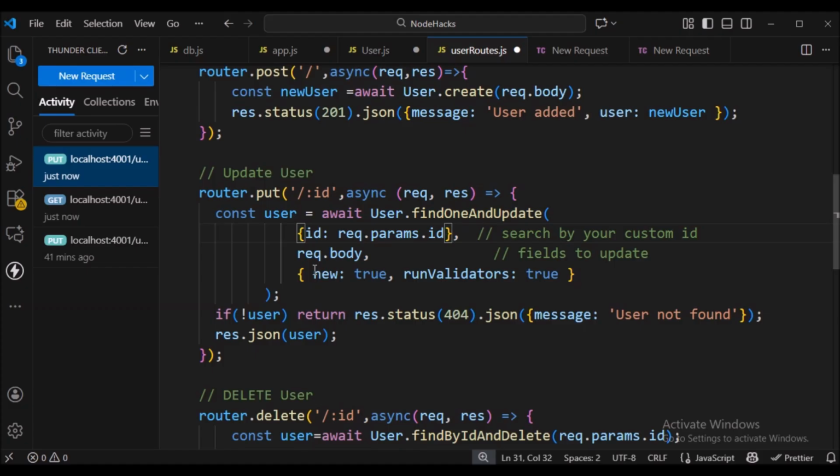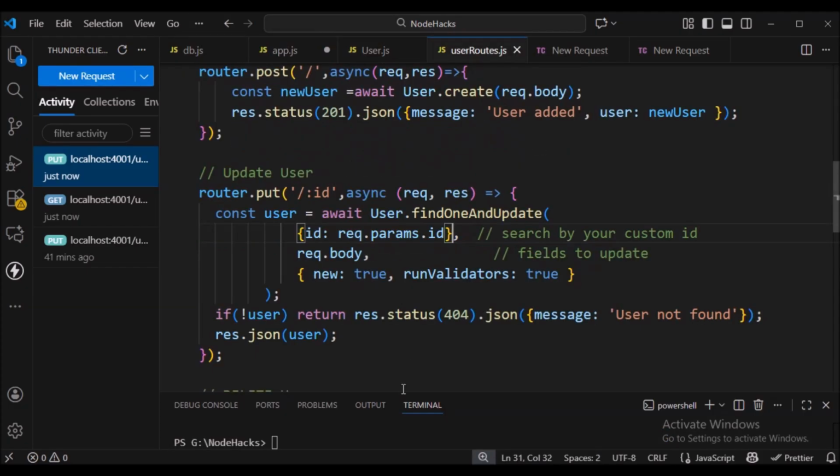This method searches for one document in the MongoDB based on ID, updates it with request body and returns the updated document and record. Viewers also include runValidators: true next to new: true, as runValidators true makes Mongoose apply schema validations during update like string or numeric values.